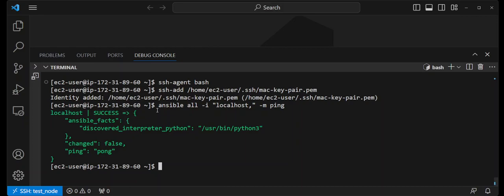So with this, you've been able to successfully set up EC2 instance, this time around Red Hat, as your Ansible control node. Please, once again, I will repeat, make sure you use Red Hat AMI as your base